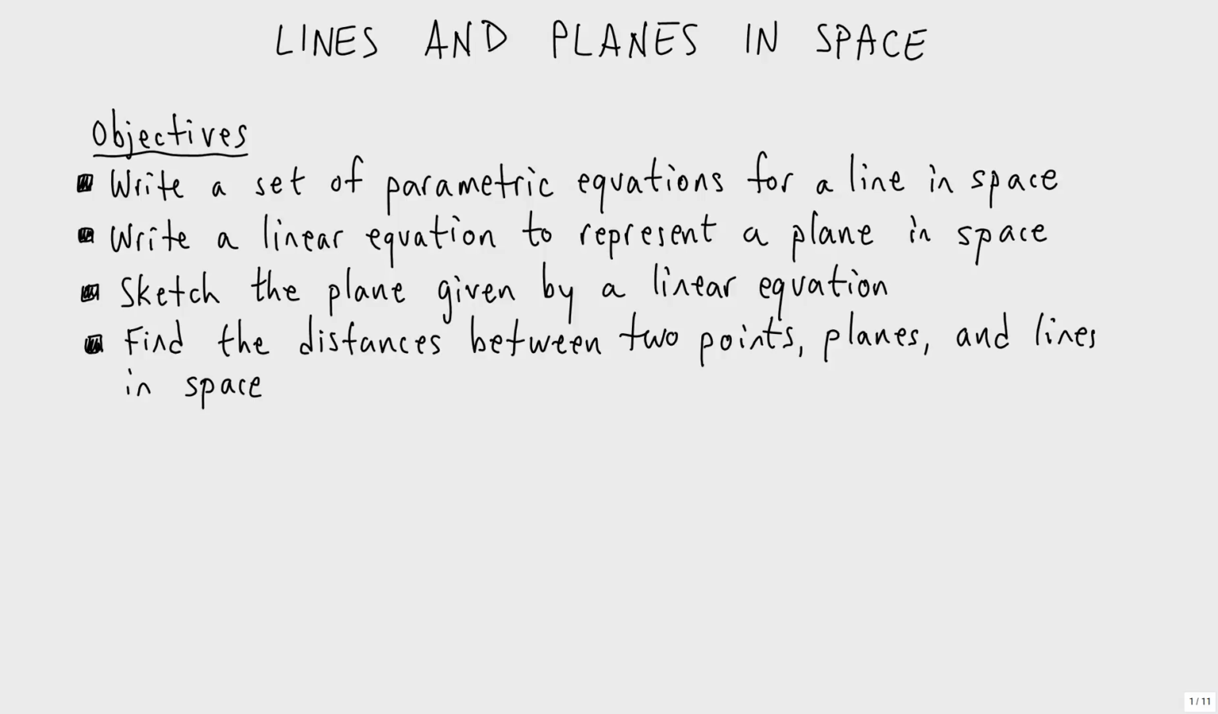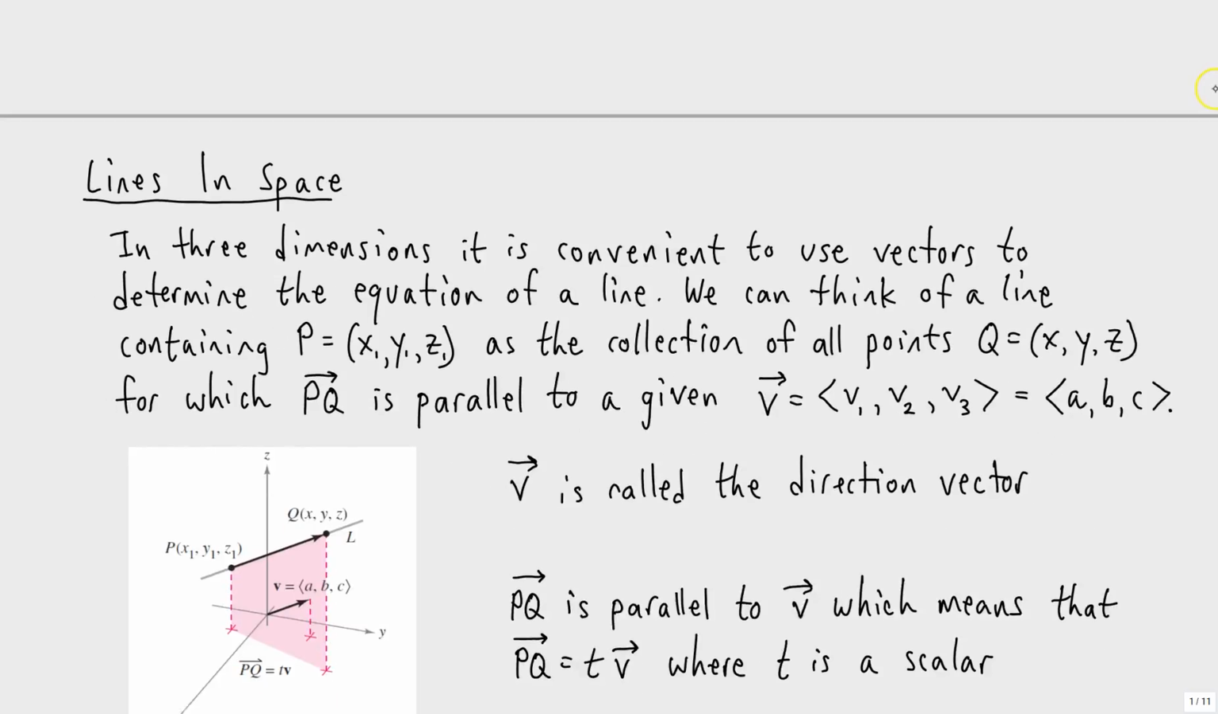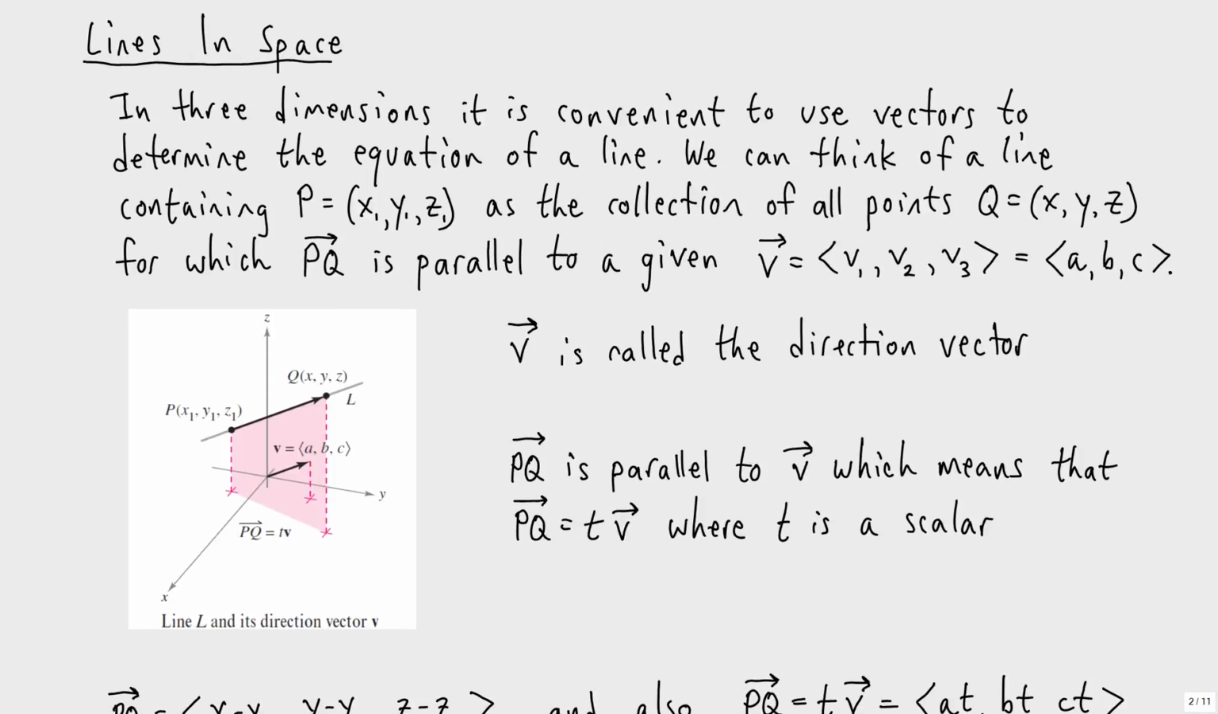So we're going to start by looking at lines in 3 dimensions, or lines in space. One way we can do this is to use vectors to determine the equation of a line. So we can think of a line in 3 dimensions containing a particular point. Say we've got one particular point on our line. We can think of a line as it contains this point